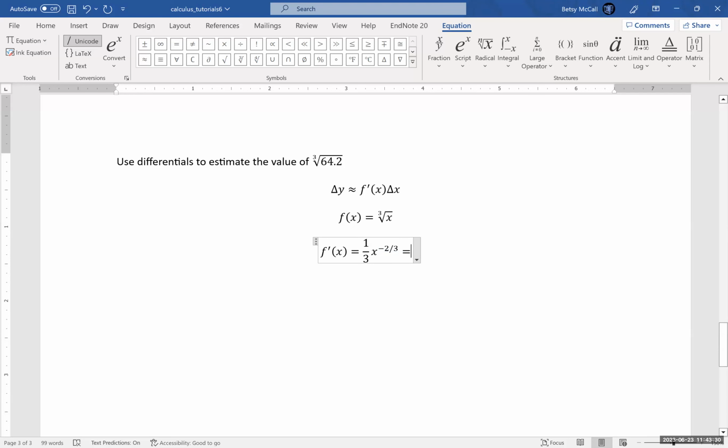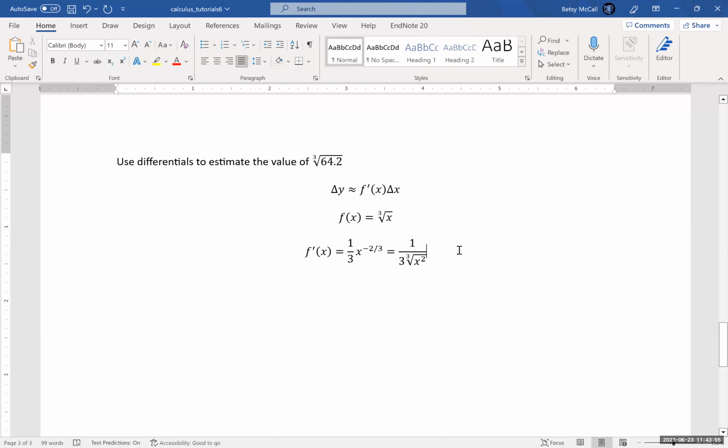And then I can rewrite this as 1/3 cube root of x squared, like so. Now, I put it in this form because it's a little easier to evaluate in the cube root form than it is in the negative 2/3 power form. Okay, so we have our function, we have our derivative,